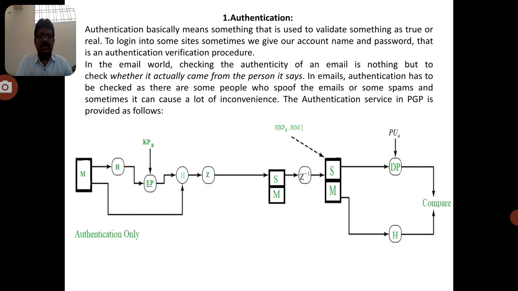Now we know that authentication is nothing but the sender using a private key in the encryption. So the authentication message is generated. Now you can observe the message M. How can we provide the authentication? Here the hash function is applied. We already know the hash doesn't have any key. So that's why the hash is directly applied to the message M, and that hash is applied to the public key encryption with the private key of the sender, that is the KRA. So KRA denotes the private key of the user A, that is the sender.